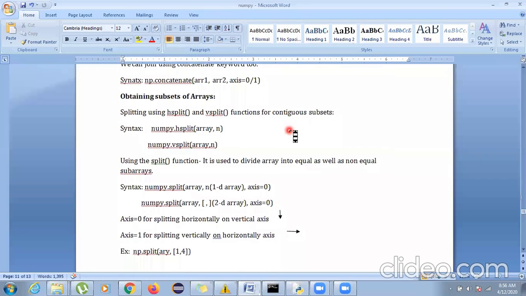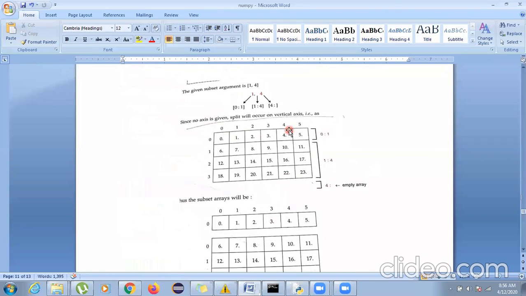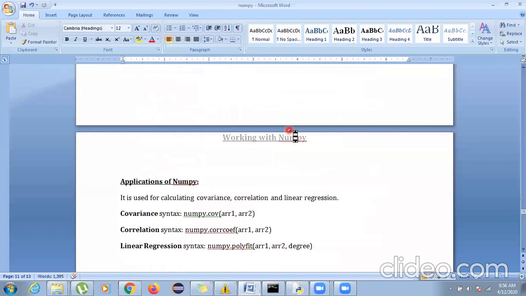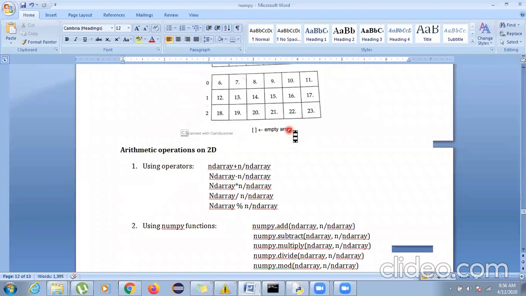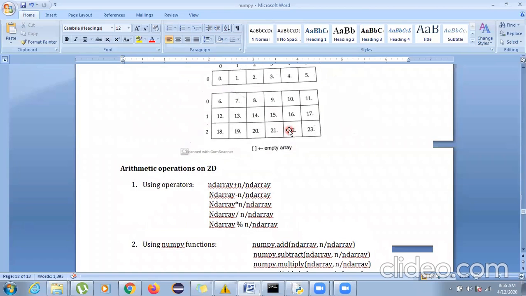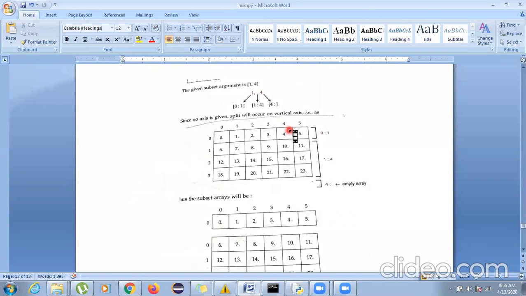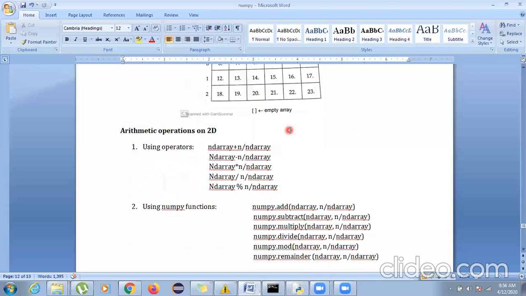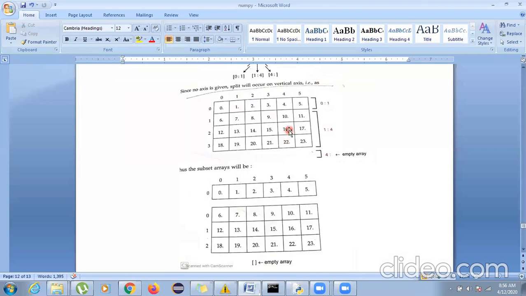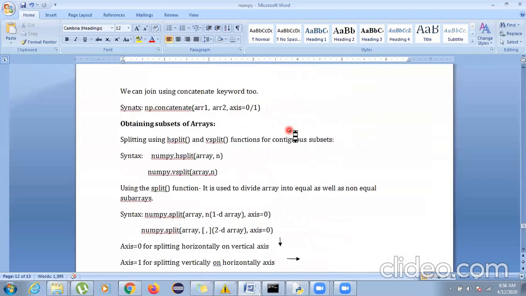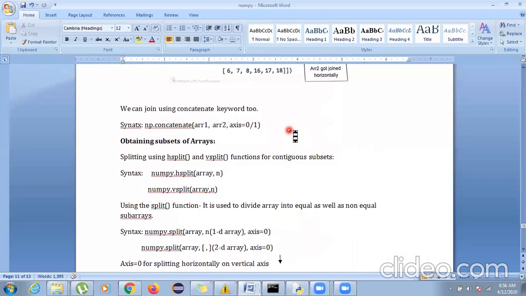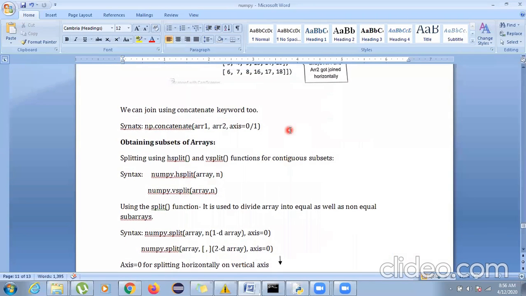Now the remaining function we have is splitting, which I'm going to take in the next class, and only operations are left. And if you recommend, I can take it now so that we can discuss the questions in the next class. What do you all suggest? Do you want to continue? Only 1-2 topics are remaining. Okay, we'll take the topic now and we'll discuss what you have to write in the general, or the questions we'll be discussing in the next class for NumPy. Then we'll be moving on to pandas.